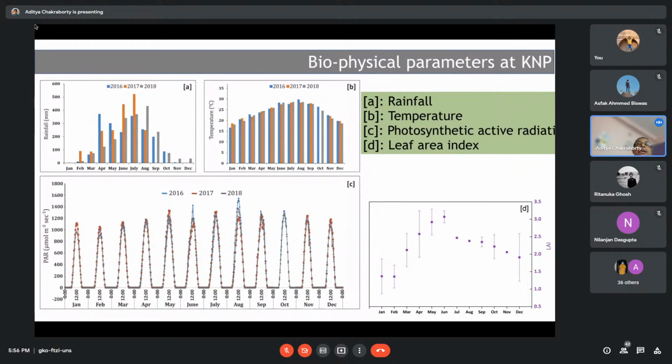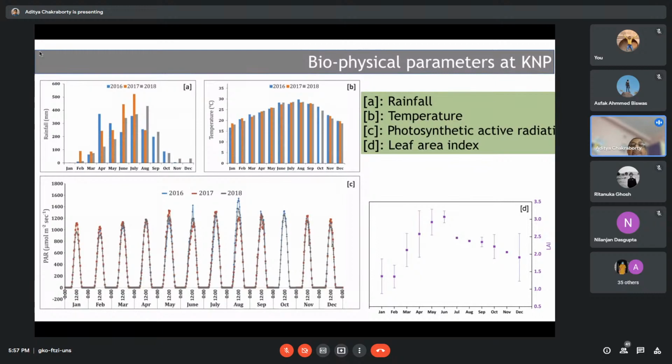In Kaziranga, grassland makes up almost 60 to 61%, woody forest is about 20%, and marshland is about 10 to 20%. This is how they contribute to the Kaziranga ecosystem. Because of the significant amount of rain during the spring season and abundant radiation, the carbon sequestration process is usually maximum in May. Generally there is a phase lag, so it goes maximum around May. This is the main difference with respect to the rest of India.